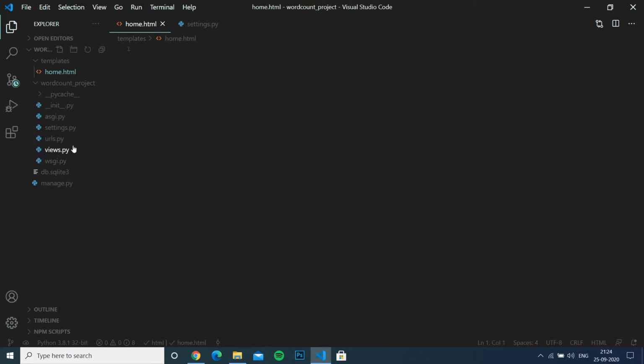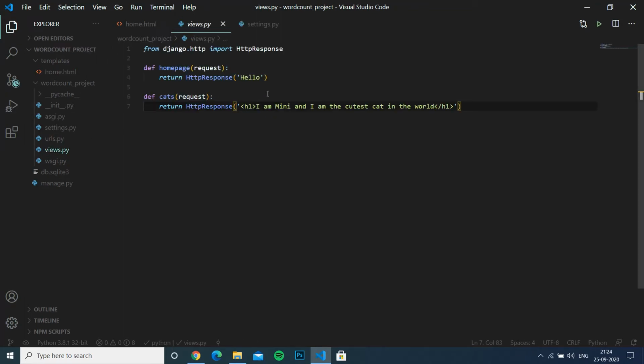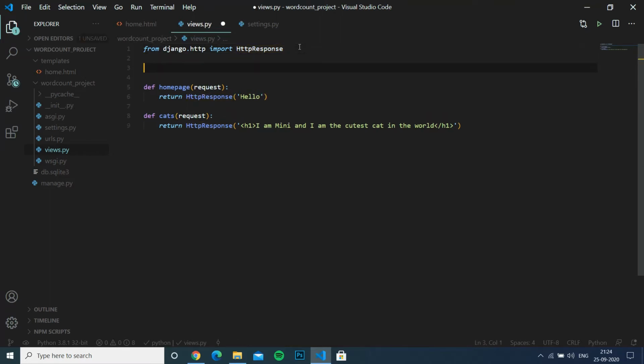So now we have to go to our views.py, and in this views.py we have to insert a new code. For example, we have written a code called from django.http import HttpResponse. In this we have to import our new code. And what is this new code? Basically you have to remember this. It will take some time. I mean, Rome wasn't built in one day. It took time for me. So basically the code is